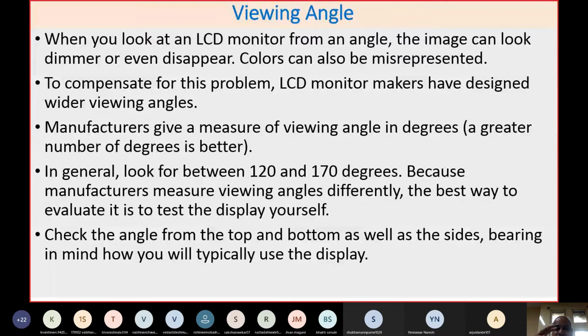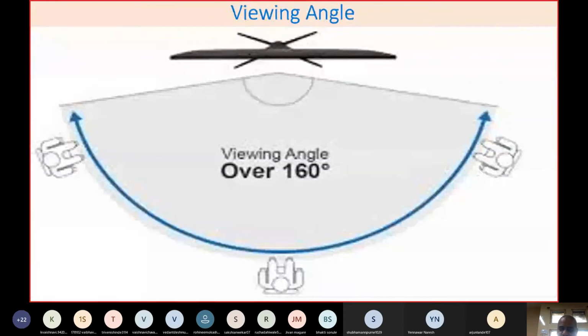Most of the time, you will find a better picture instead of a slanted or compressed picture; you will get a very clear picture. That is the advantage of viewing angle. So from the viewing angle you can see how people can see towards the screen. And that is why, if you want to have better vision, even if you are sitting at the corner,